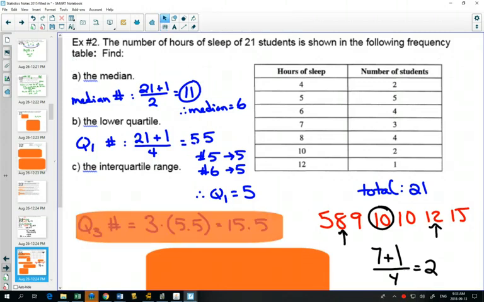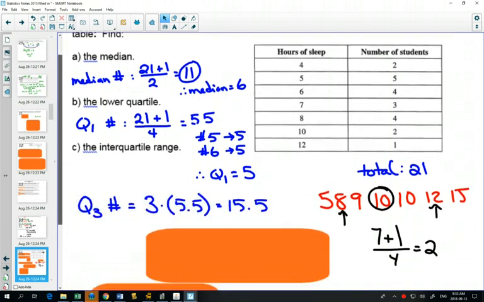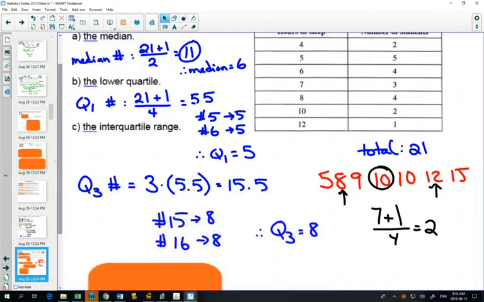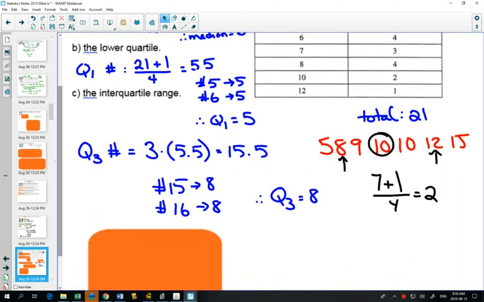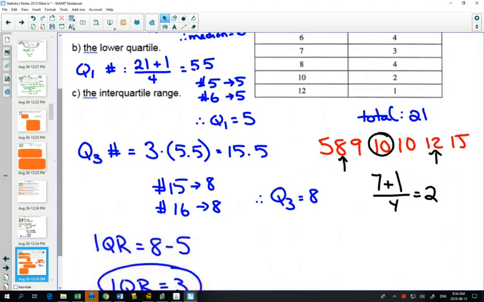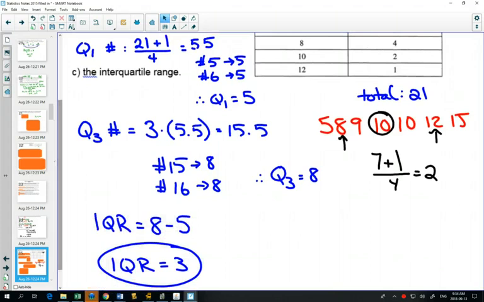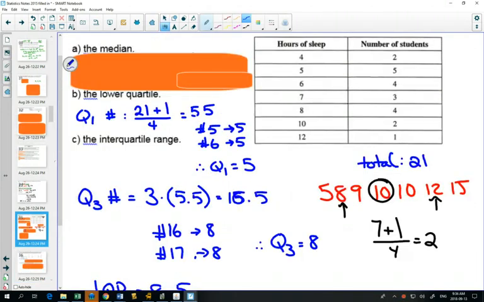The interquartile range, you'd have to find quartile 3, which we already talked about being between the 15th and the 16th person, which works out to be 8. And as a result, your interquartile range is 3. Perfect. So there's a little bit of corrections on there. And our last example,